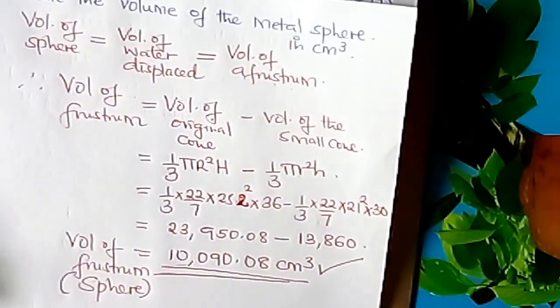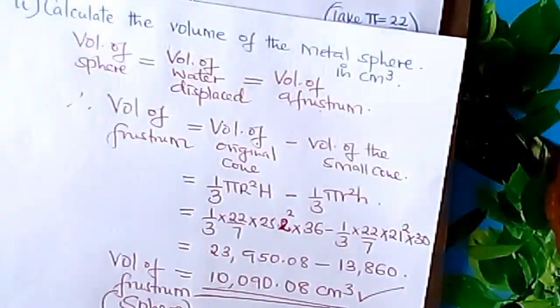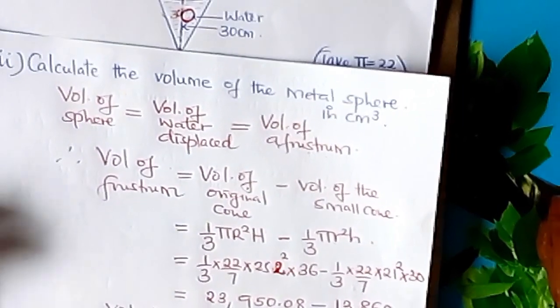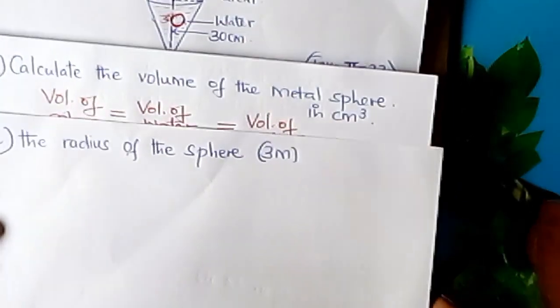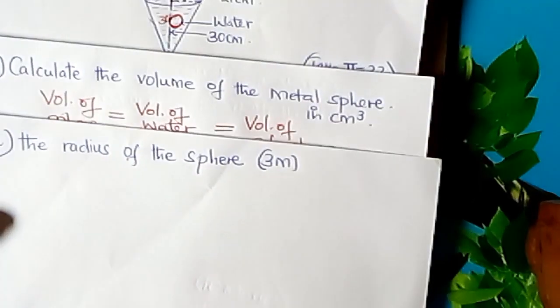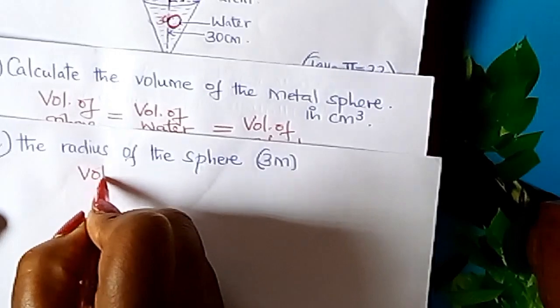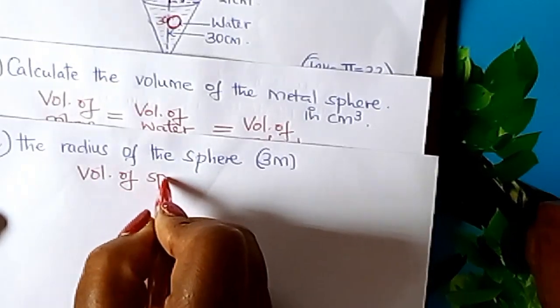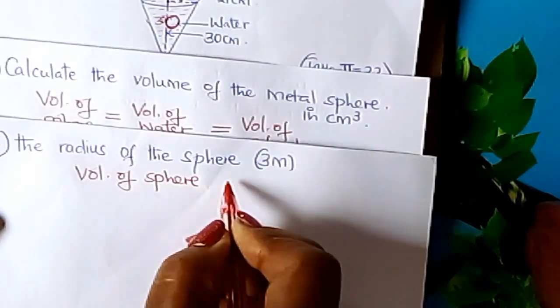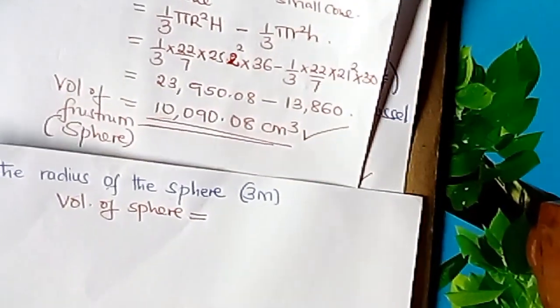We go to part 3 of our question, Lana. Part 3 of our question is here. We are told to calculate the radius of the sphere. What is the radius of the sphere? Learner, we know that the volume of our sphere from this previous step that we've just done is